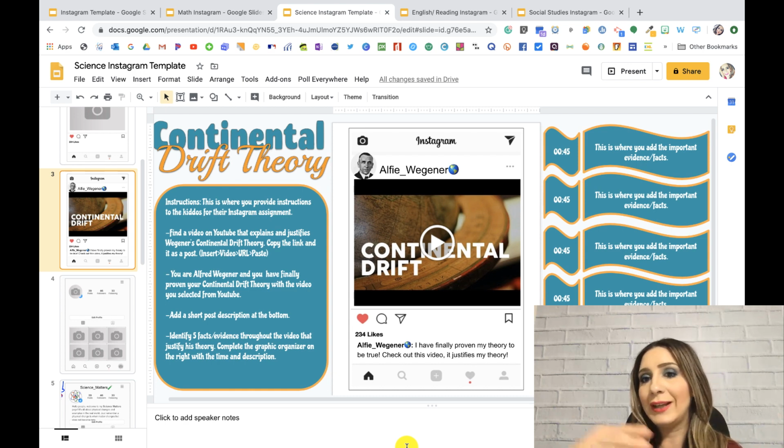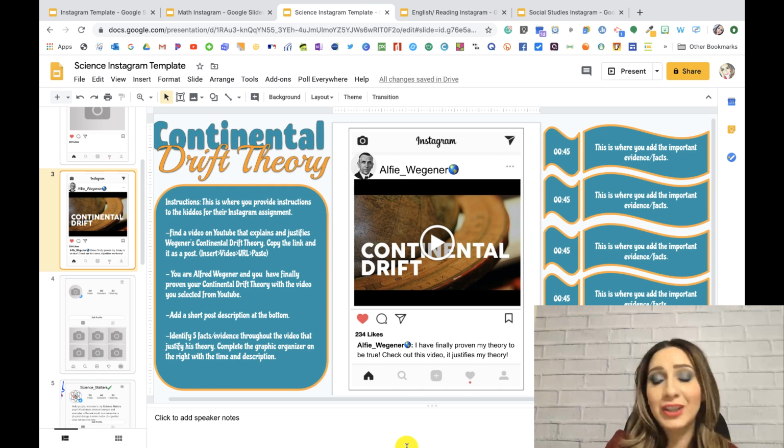Another one could be like at 1 minute and 20 seconds, they could put in there that one fossil that was found in one continent was found across the world in another continent, and so on and so forth. So they start to justify their evidence for the theory, and it really does show checking for understanding at a different level, right? So I really do like this example, and it lends itself to all content areas as well. That's why I do hope that we do watch all the different content areas, because we can easily learn from